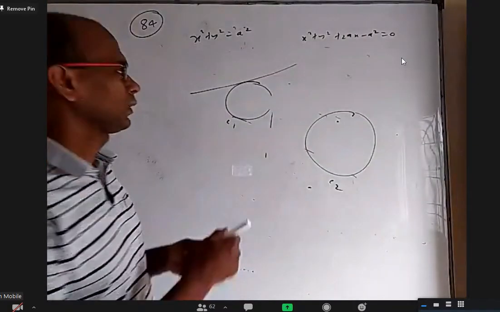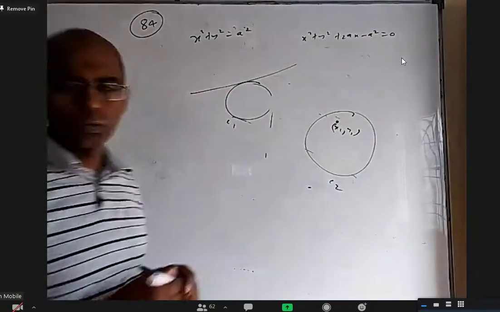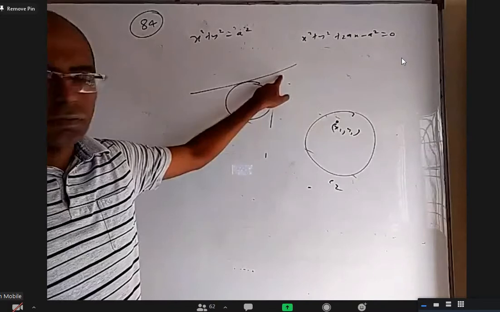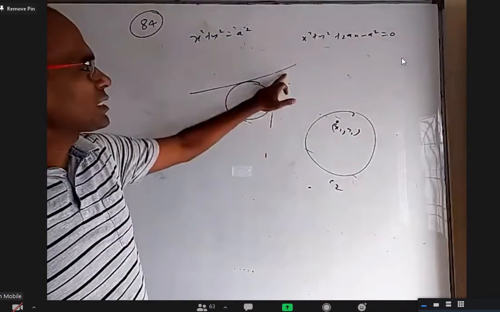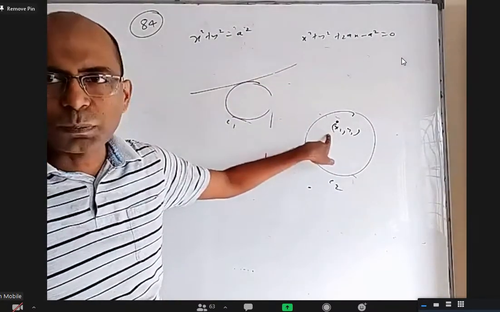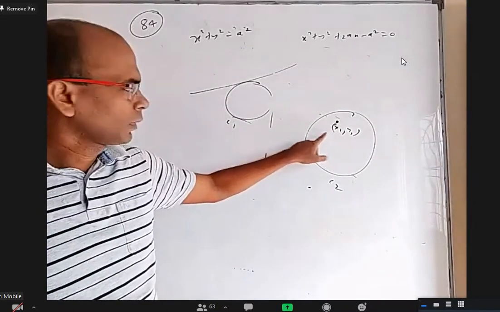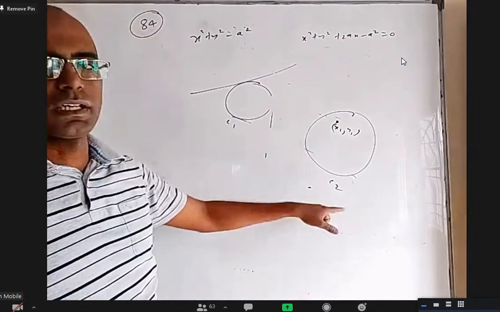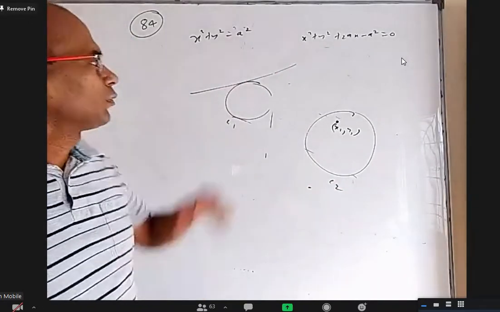We'll do reverse. Okay, take this point as x1, y1, the pole. If I give this point, how will I find this line? What is the connection between this line and this point? That line is the polar of that pole. This line is the polar of this point with respect to which circle? With respect to this circle 2. For this line, this point is the pole with respect to circle 2. So for this point, this line is the polar with respect to circle 2. So you get this line.